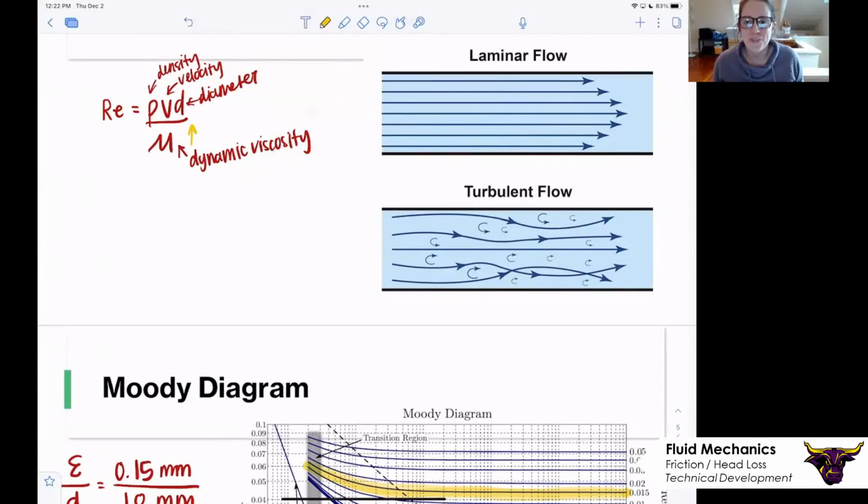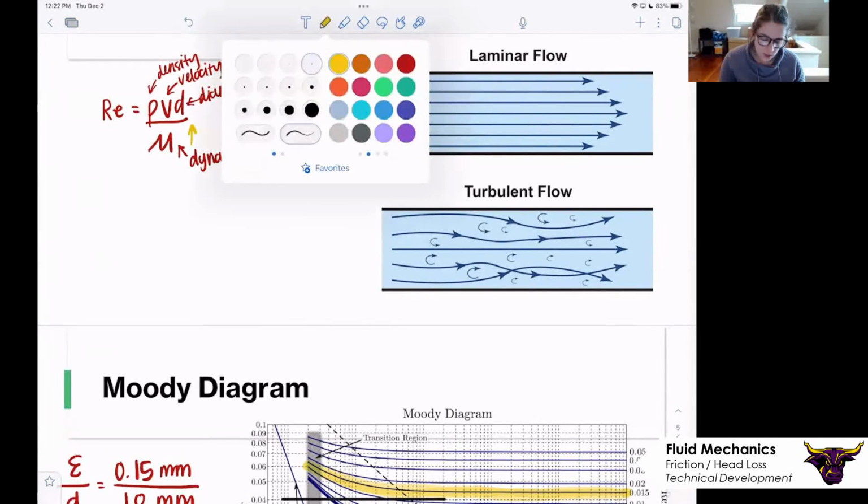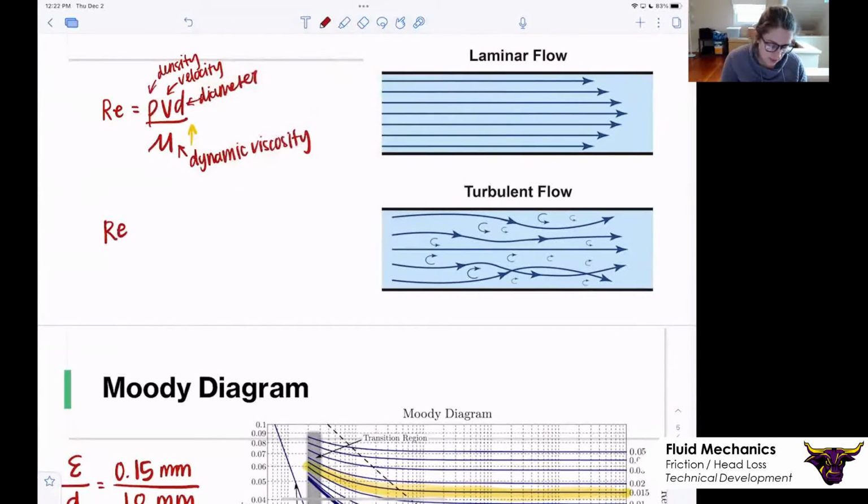Okay, think about those relationships. If you have questions, let's talk about it in class. But there is one other equation I want you to be aware of, how they can write Reynolds as well. Reynolds can also be equal to just simply VD over this funky ν, and this funky ν is our kinematic viscosity,